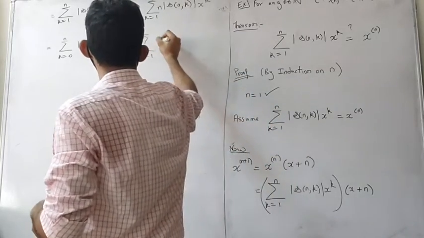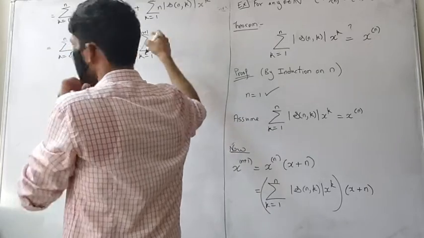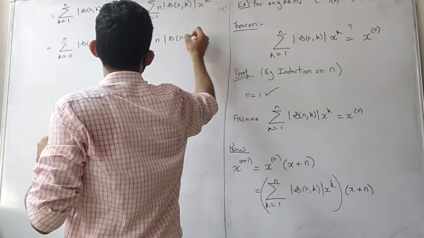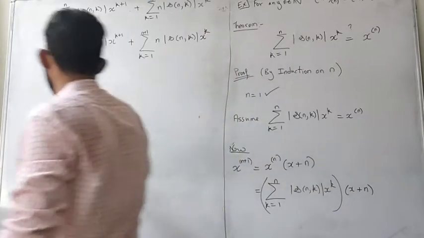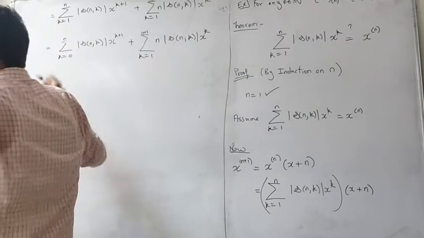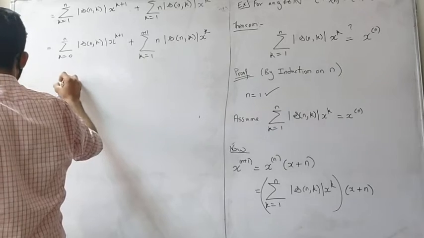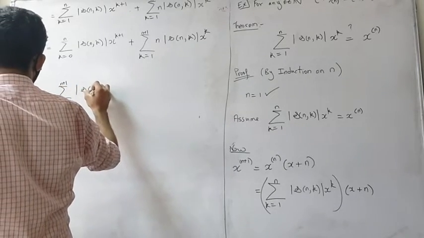Okay, so that would be 0. So we can go up to n plus 1. Now we have the same number of terms, and in fact it's exactly the same things, just written differently. We have the same powers of x appearing. So let's put this from 1 to n plus 1. So we have summation k going from 1 to n plus 1. What would we get here? S(n, ...